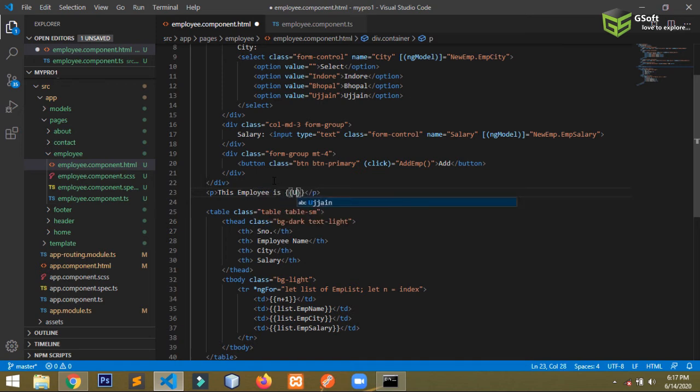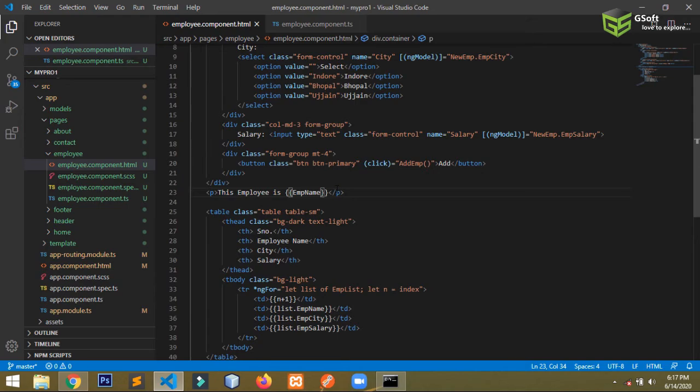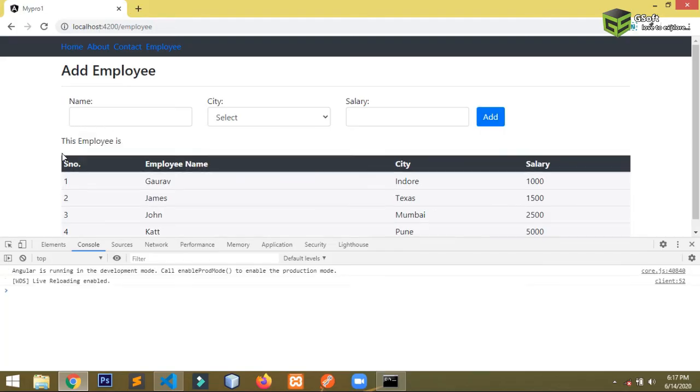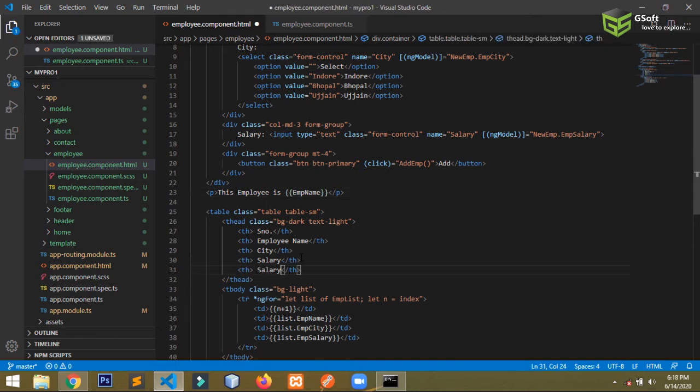So what I will do, not username, here I will write empName, because I have defined empName here, so I will be using it here. Now you can see here it shows employee name is, and let me create one more column here.